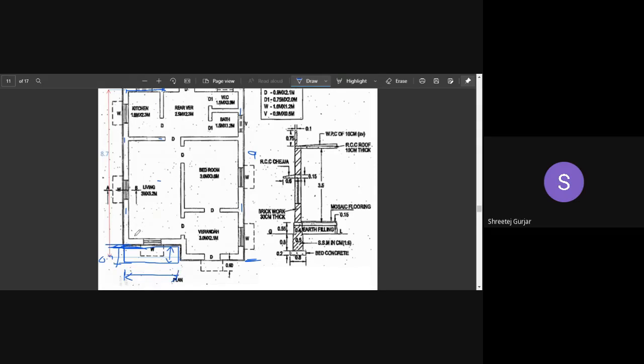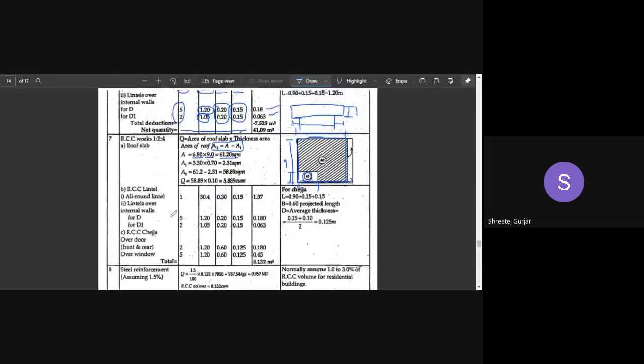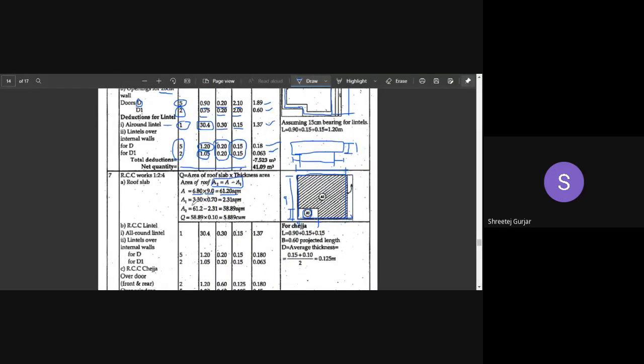So how can I calculate? It will be this 0.3 plus this living room distance, so it will be up to here. So it will be 0.3 plus 3 meters. So it is 3.3. So this distance is 3.3. I hope this is clear. So 0.7 and 3.3, remember. So that is what we have calculated here. So 3.3 and 0.7. Okay, so we have calculated the A1. So it will come up to 2.31 square meters.